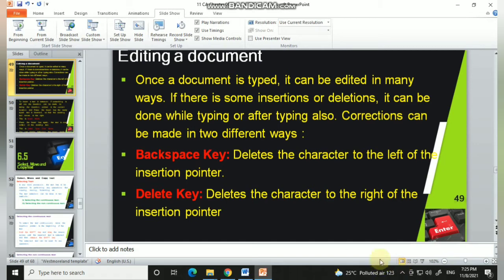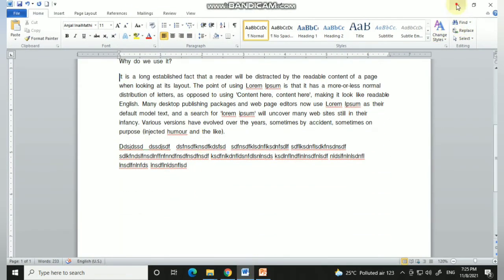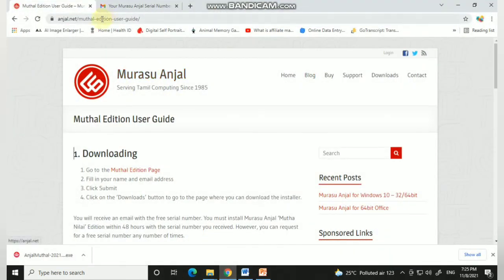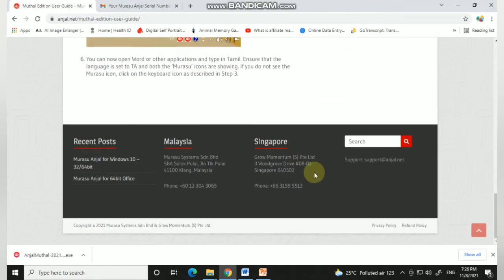to download the Murasu Tamil interface and how to type in MS Word in English itself and how it gets converted. See, this is the web URL address given in your textbook for the Murasu Tamil interface. Once you get inside this Murasu Anjal interface, you can download it. You can download it for a 32-bit or a 64-bit processor. Once you download it,